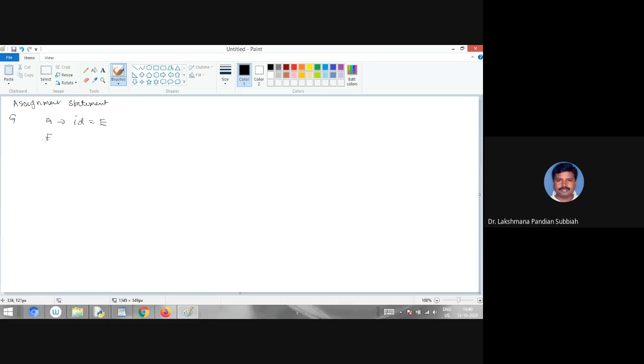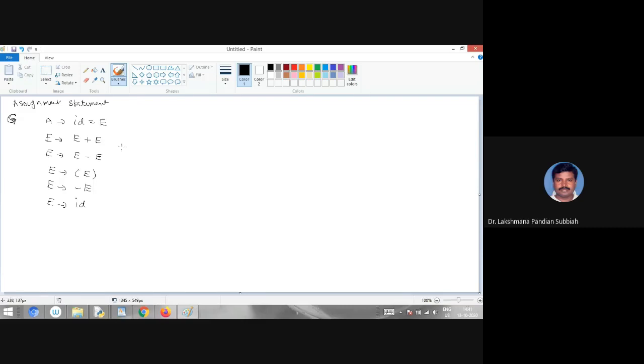This expression can have expression plus operator and expression, minus operator and expression, open bracket E close bracket, unary operator minus E, and id, right? Now this is the grammar for the assignment statement.